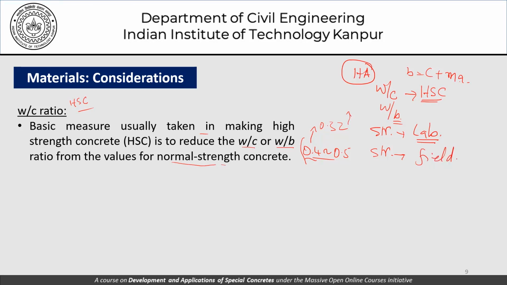So you will find literature where a certain strength has been achieved as far as lab is concerned. But when it comes to field applications where we need a lot more robustness than we have in the lab, there sometimes engineering judgment prevents us from achieving or even targeting those levels of strength. I'll encourage you to read literature and find out from that point of view what is the kind of strength that has been reported for concrete in laboratory studies, and what is the kind of strength which has been reported as far as field is concerned,